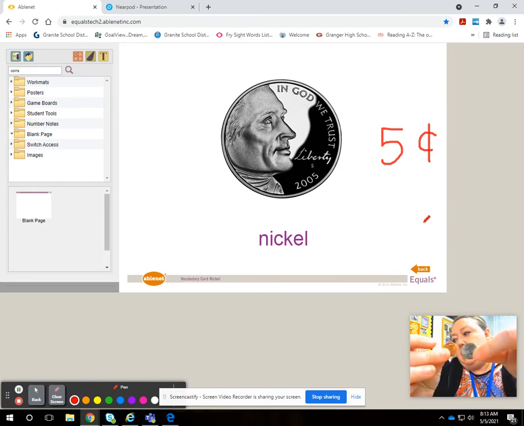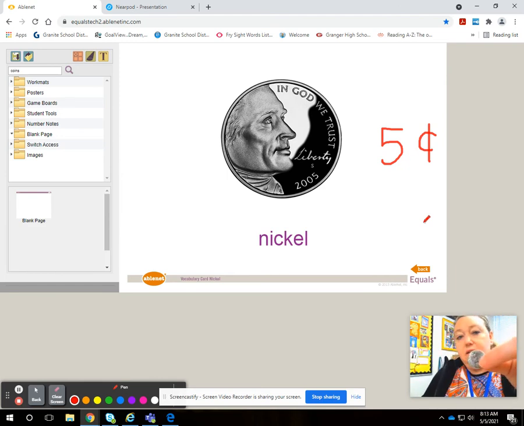So the penny and the nickel are easy to tell apart. One thing about the nickel is that it's a different color as well. It's silver color, and all the rest of them are all silver. So that makes things a little bit troubling, but we're going to take a look and see what some of the differences are in those other two coins. So let's take a look